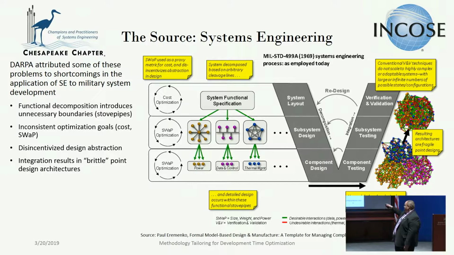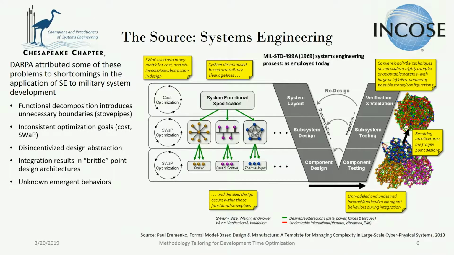Then once you got all of that done and you started integrating, after you had optimized everything individually for size, weight, and power at the component level, you simply had what they call a brittle point design solution, which is like your architecture only does one thing, and that's what your requirement said it has to do, because you optimized every component to do that one thing that your requirement said. And by doing that, you end up with those